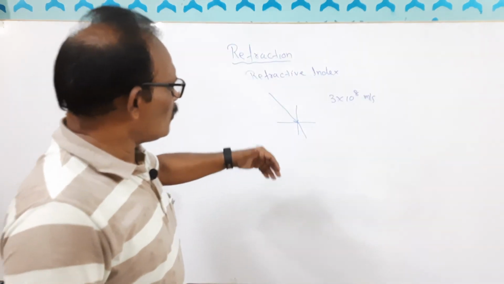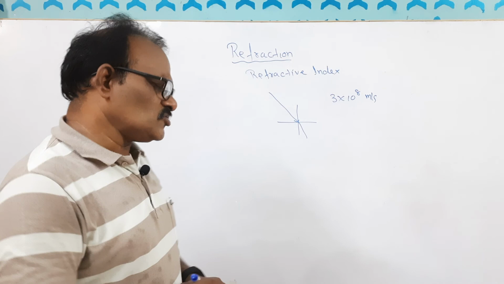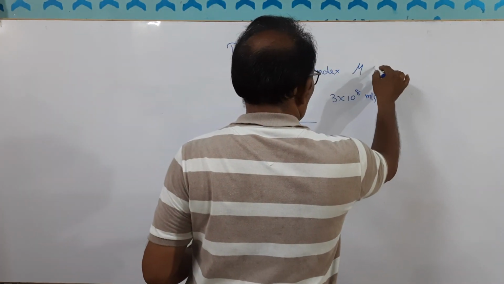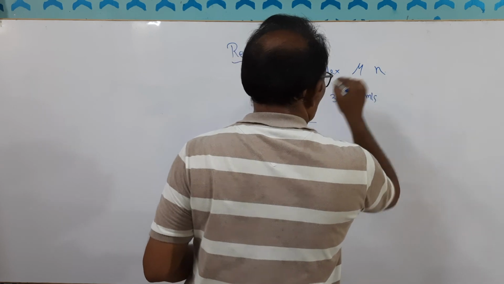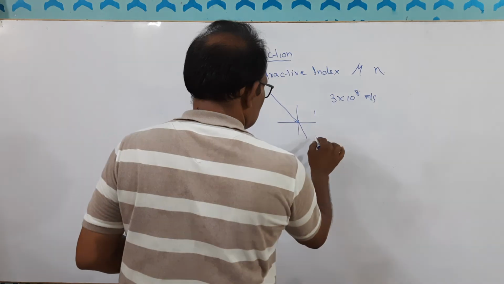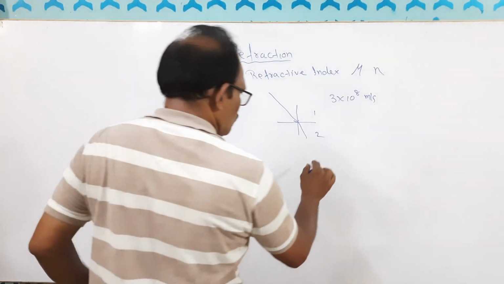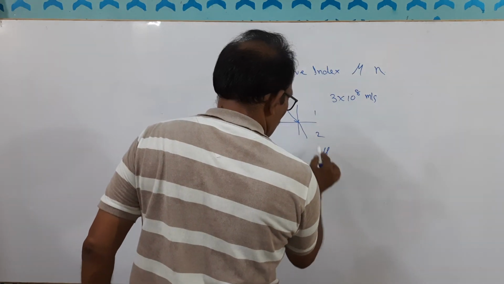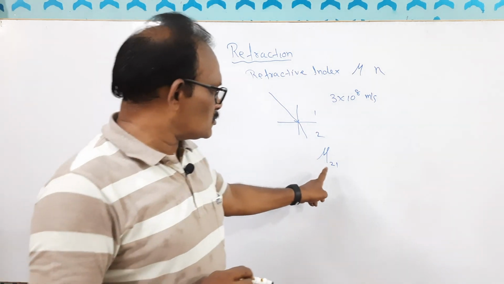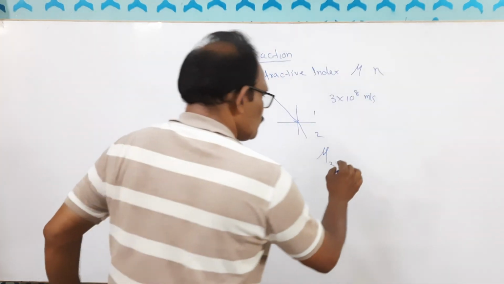The ratio of this to this is called refractive index, and generally we will call it by its abbreviation, mu. लोग इसको ऐसे भी लिखते हैं. So we will pronounce this as mu. Suppose this is medium 1 and this is medium 2. So what is the refractive index of this? We will write refractive index of second medium compared to the first medium. So don't think it is 21. It is second medium compared to the first medium is equal to